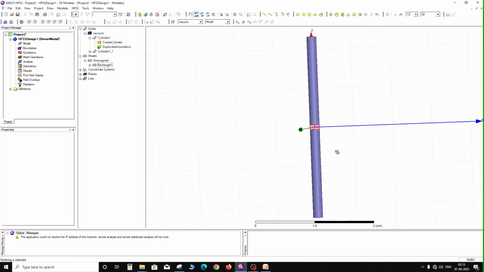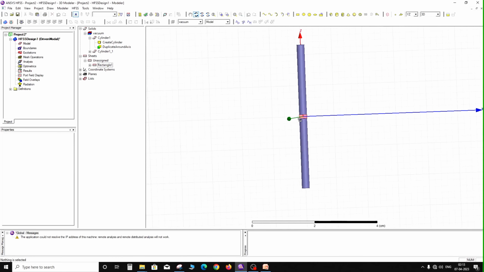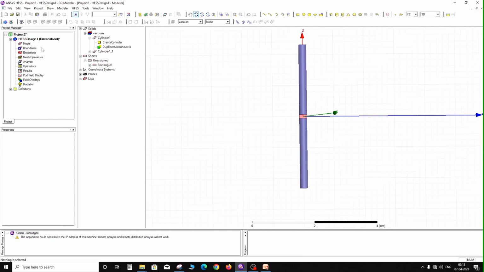Okay. So this will be our dipole antenna. This is the model. Right now we have not given any material to this. So the first task is completed, that we have completed our model. Next, we have to assign boundary, or you can say we have to assign material to whatever 3D